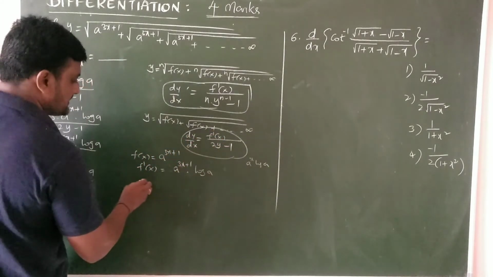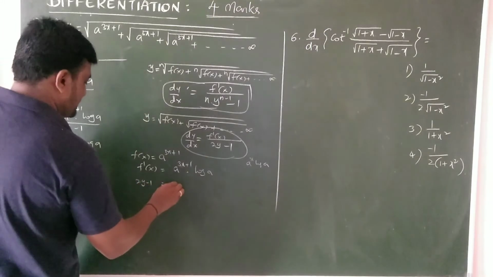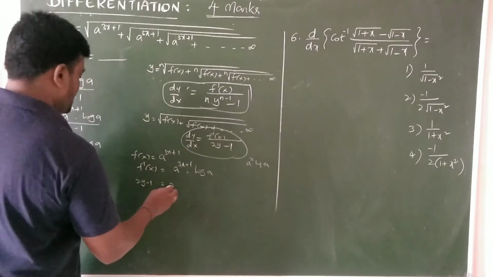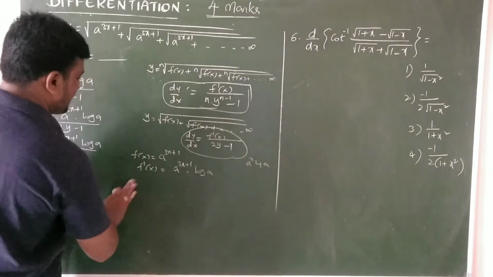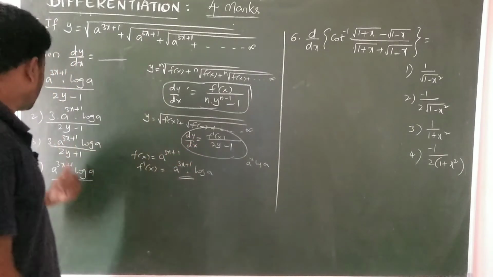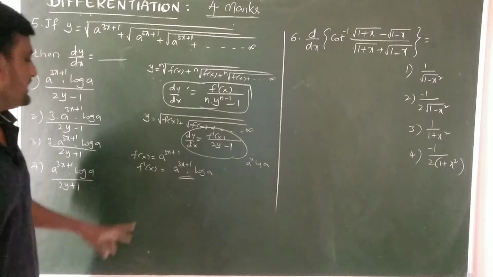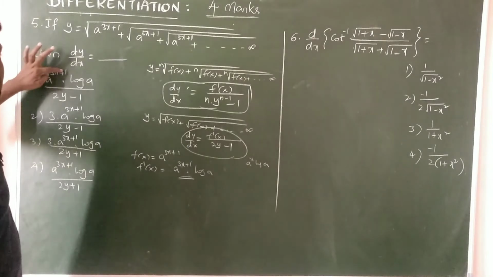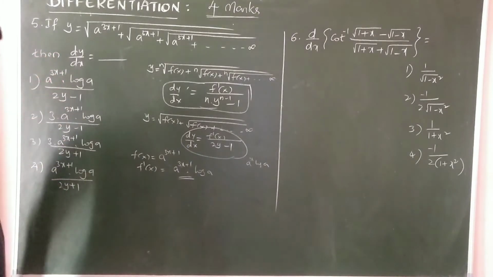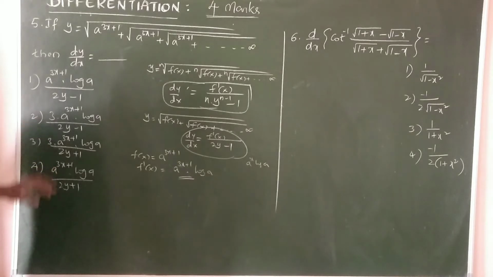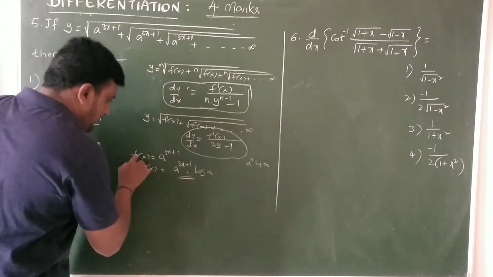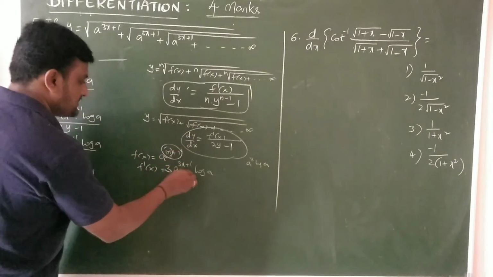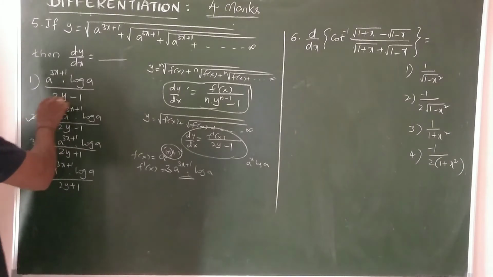Then what about the denominator? 2y minus 1 equals 2 into y, as it is, 2y minus 1. Yes or no? Okay, there is nothing to do about y. So f dash of x equals a power 3x plus 1 log a. Now in this, which one? a power 3x plus 1 log a by 2y minus 1. Okay, is there an option? Yes, we have one more. Because f of x equals this one, then what about this? Actually, you can do this one: the derivative of 3x plus 1 is 3. So our correct option is the second one.